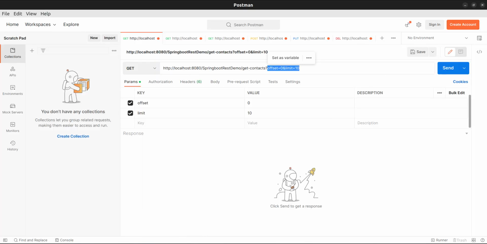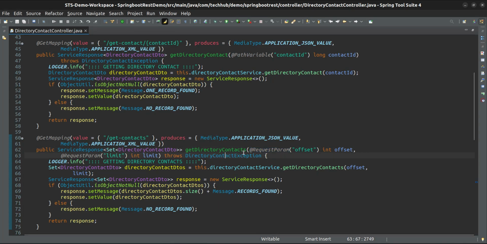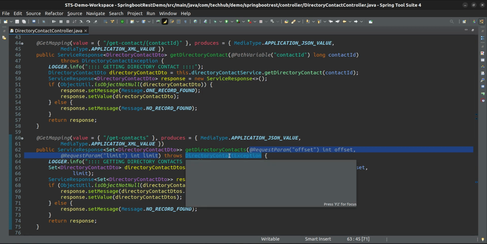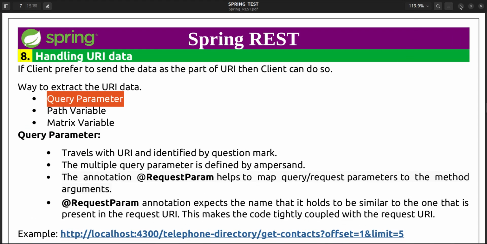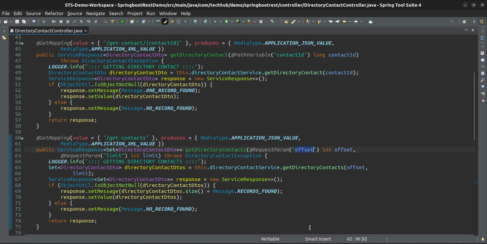So we are mapping the request parameter or query parameter on the method argument, so that the query param can travel with the URI. Here, what should be the name of that RequestParam? The name of the query parameter or request parameter should be offset.